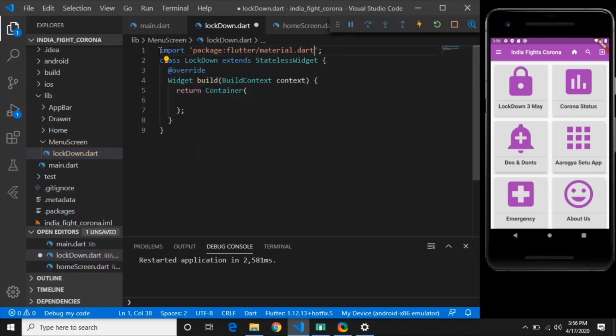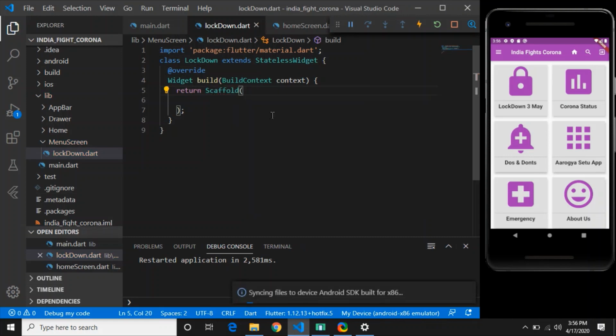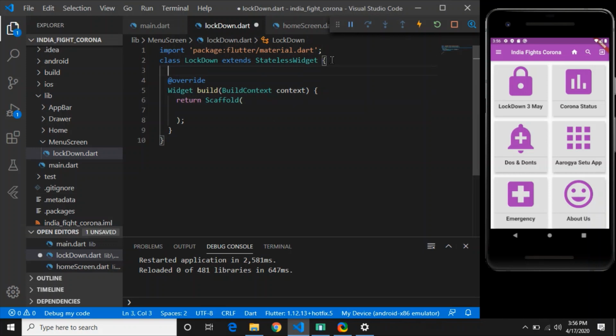In place of container I will just add scaffold. That's it, don't do anything else. And one more thing in the lockdown file is to add a route name. So static const route name; static is the keyword, and const means constant throughout the lifetime of this application.